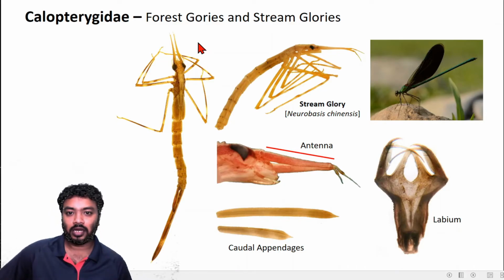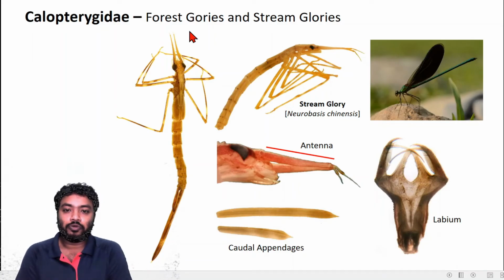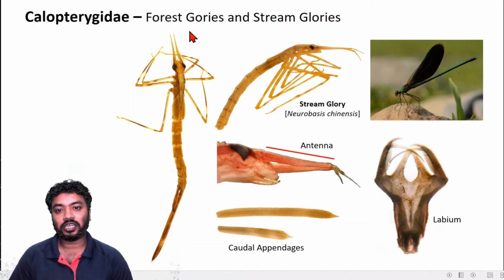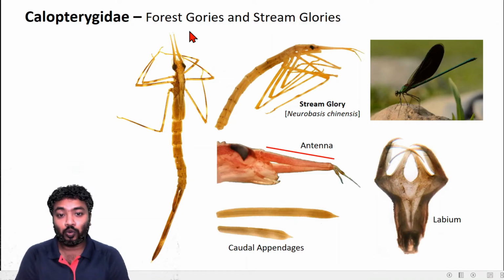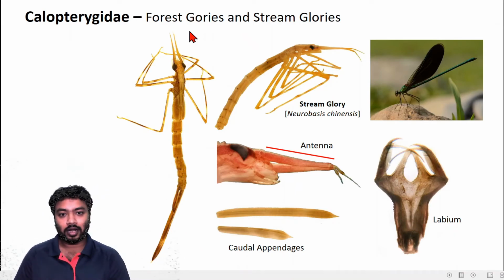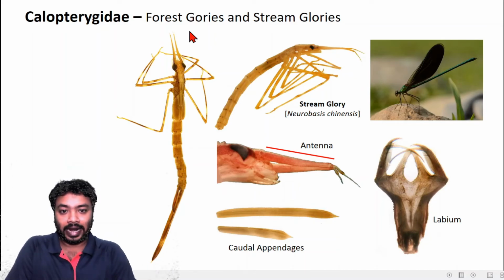Sometimes if you just simply sample in flowing water, you may not get these larvae, but you have to sample in the vegetation, and not the green vegetation, but the broken and fallen leaves and fallen vegetation. And sometimes you will see that there are roots of trees just beside the water. The roots remain submerged. Generally within those roots, these larvae prefer to hide themselves.